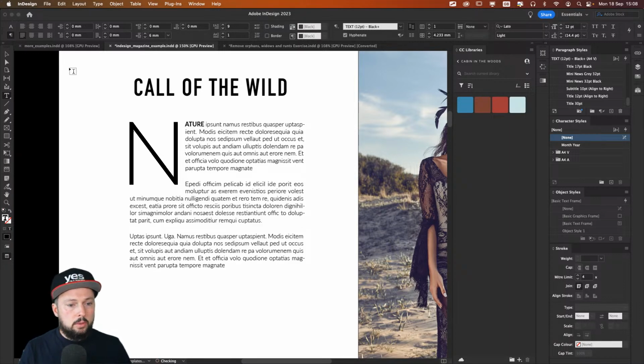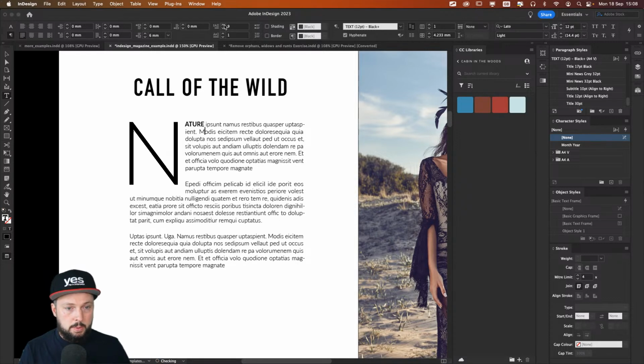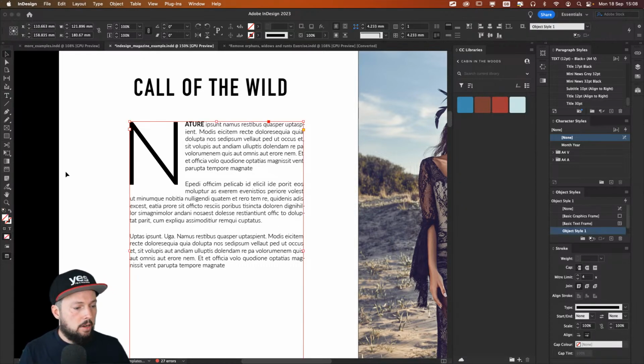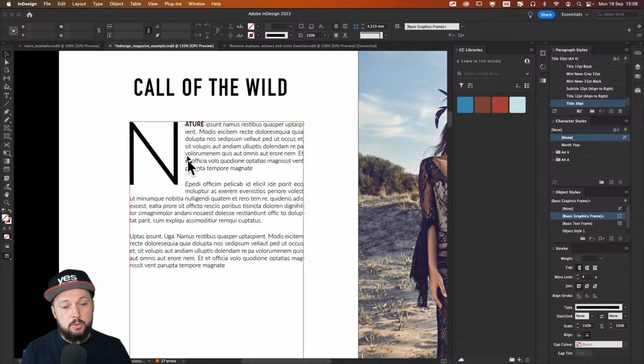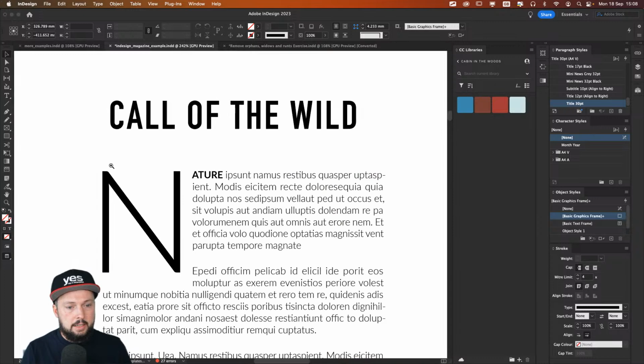I like to have quite a big drop cap, especially when I have space. So in this case, I have the luxury to have space within this spread. You can see we have a lot of negative space here,